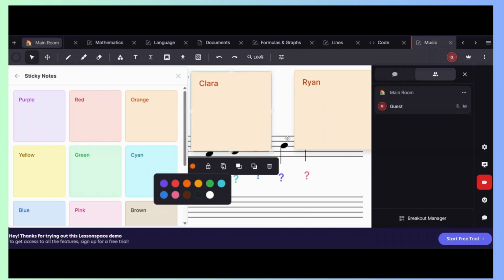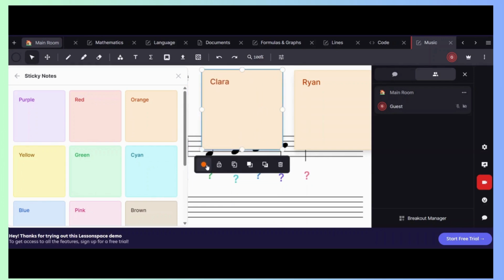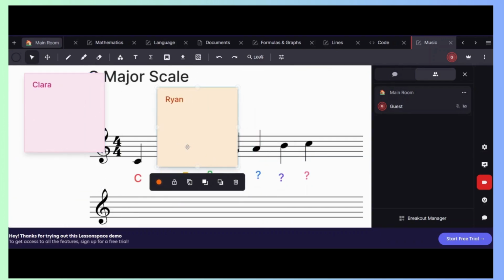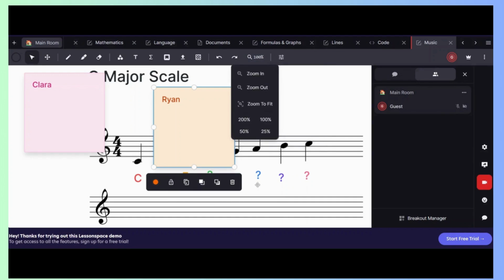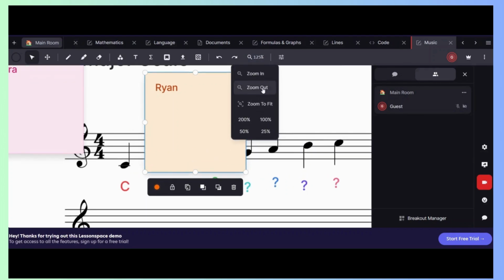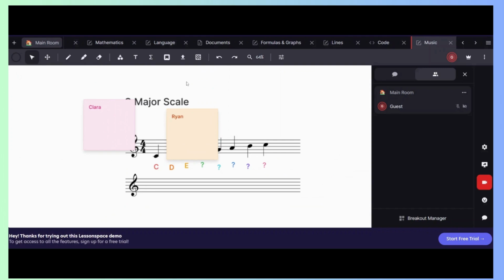Sticky notes are also good if you want to brainstorm. And it's another function, a few other functions that you can use. Usually when I upload slides, I need to put zoom to fit. You can zoom in, zoom out. It will help you with your tool. So this is Lesson Space, how I use it usually.